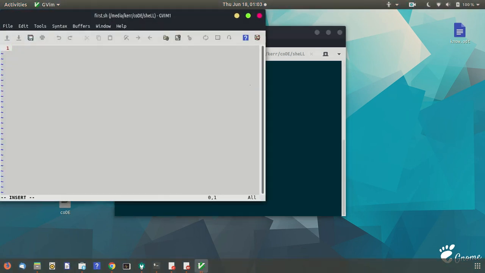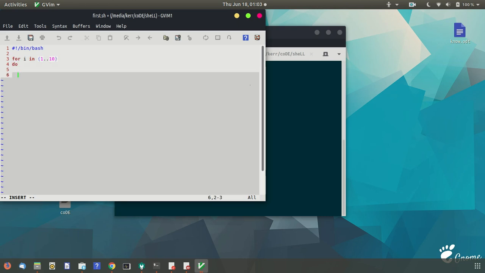So let's say you want to use a for loop. Basically this is the shebang line. You want to use the for loop, and you want to run this for loop 10 times.